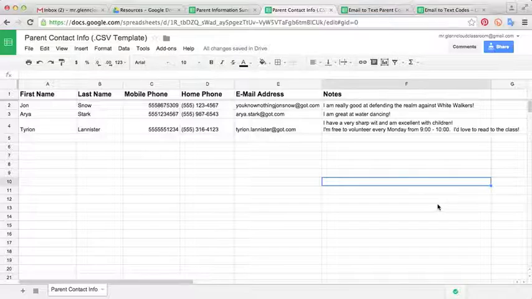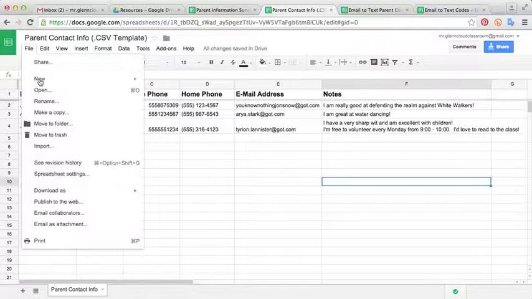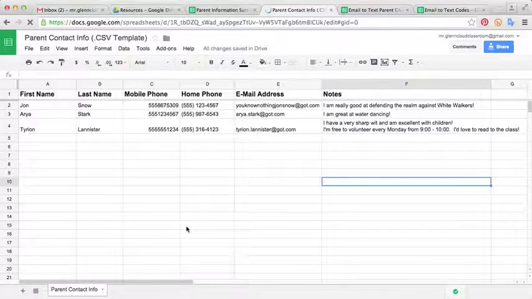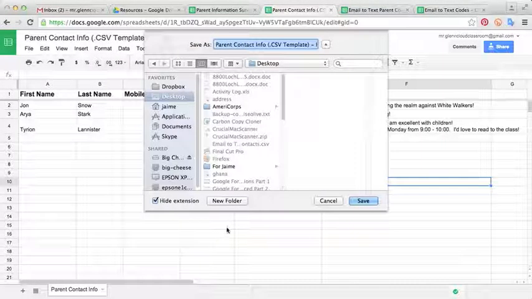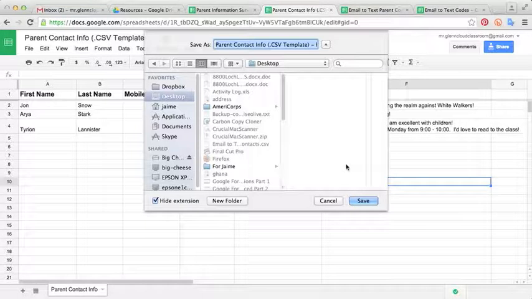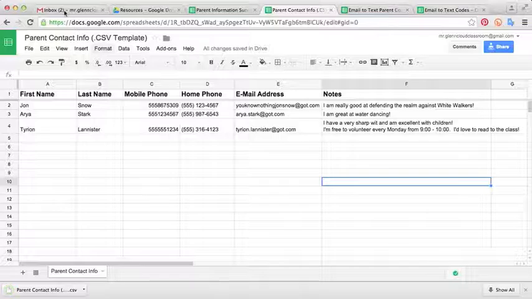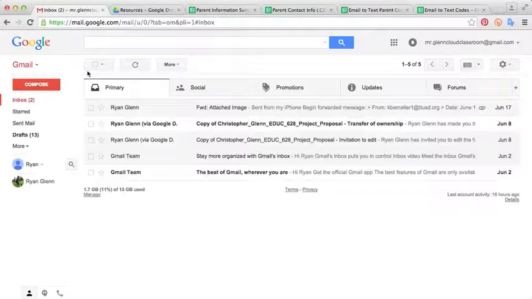What you can do very easily if you want to add these contacts into your Gmail account, you just go up here and click File, and then select Download as comma-separated values .csv. And you'll want to remember where you save this. I'll just click Desktop and click Save. Then you can very easily go over into your Gmail folder,